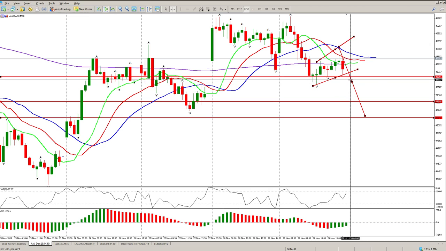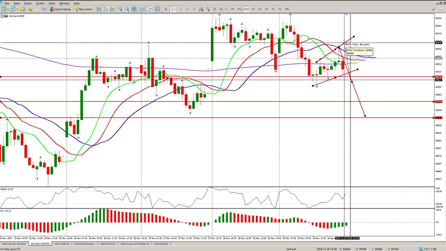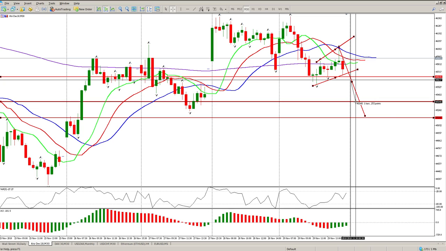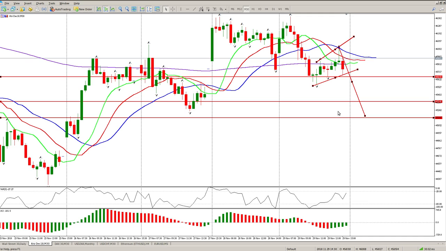Okay, so that would mean you have a 400, which is still too high for me, 460 point stop loss at your risk, and you're looking for target one of only 200 points, 270 points, and then 400 points. So it's almost, it could be a one-to-one trade. It's nothing that excites me at the moment. Okay, anyway guys, that's my view for the Aussie today. Looking like I will be sitting on my hands.